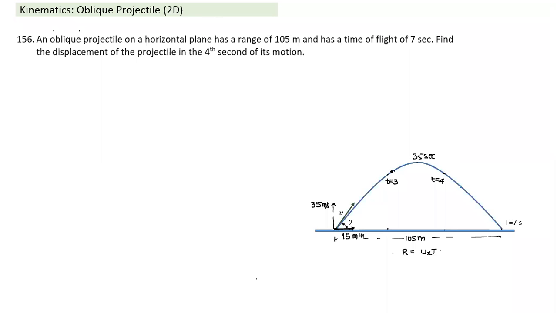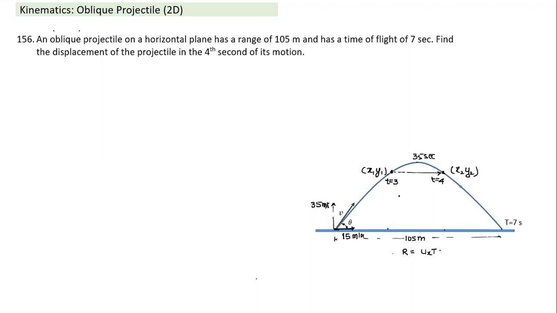And you'll notice here the y coordinates will come out equal. Why would the y coordinates come out equal here? Even before solving, I can figure out that the y coordinate at t equal to 3 seconds is equal to the y coordinate at t equal to 4 seconds. So for calculating displacement, I would have calculated x1, y1, and x2, y2 corresponding to times 3 seconds and 4 seconds. And then I can calculate displacement. But x1 and x2 are easy to calculate, and y1 will be equal to y2. Can someone tell me why would y1 be equal to y2?